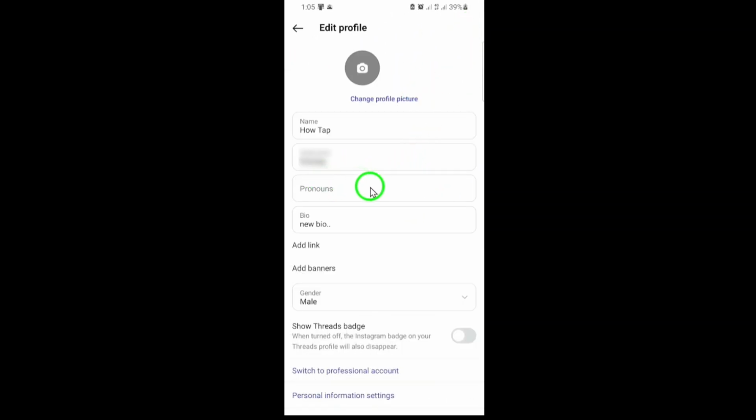Head back to your profile, and you'll see that the pronouns section is now empty. That's all there is to it. Deleting your Instagram pronouns takes just a few taps, and you can always add them back later if you change